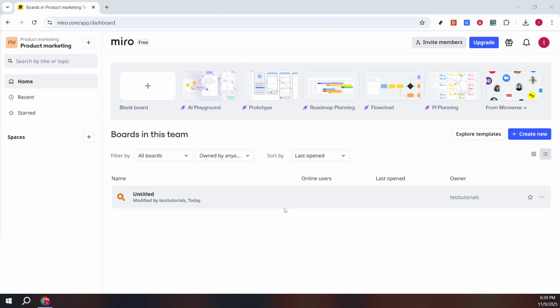To begin with, open your web browser and navigate to the Miro dashboard. You can do this by going to the Miro website and logging in with your credentials. Once you're signed in, you'll be directed to your Miro board home. This is the central hub where all your projects and boards reside, giving you an overview of what you have